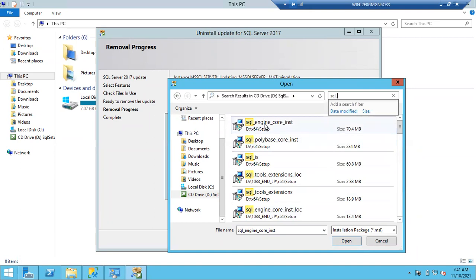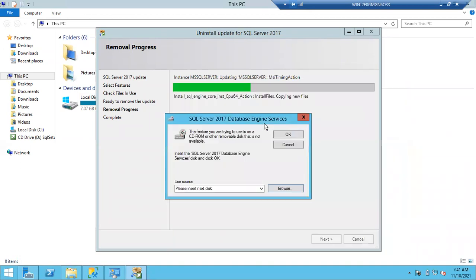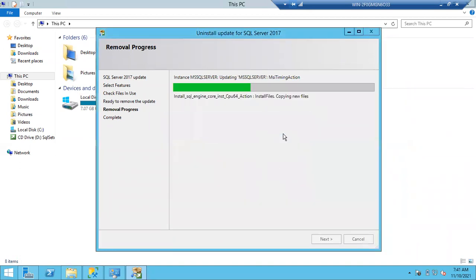Once you type, you can get this file here, SQL Core Engine INST. Double click on it. Click OK. Now the process will continue, guys. Whatever missing files are there, I just gave those missing files. Automatically, it will copy the missing files and continue the process. This is how we are going to fix missing MSI and MSP files, or else it is like that for only one file or two files.